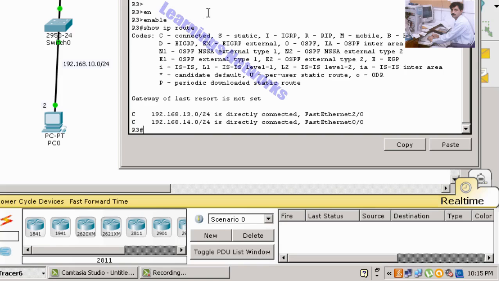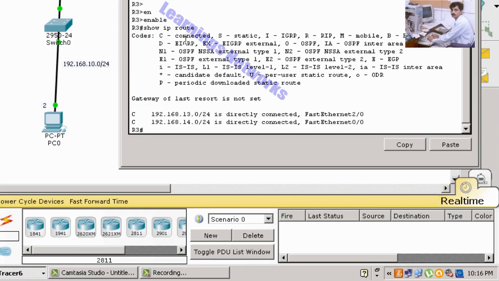You see the directly connected network 192.168.13.0/24. 24 is the subnet mask, which means 255.255.255.0, and the other network which is connected directly is 192.168.14.0.